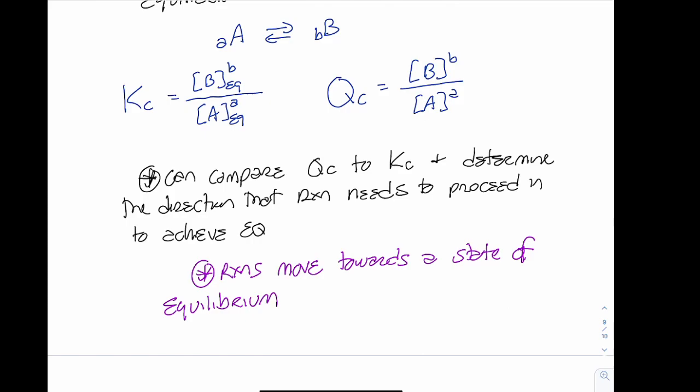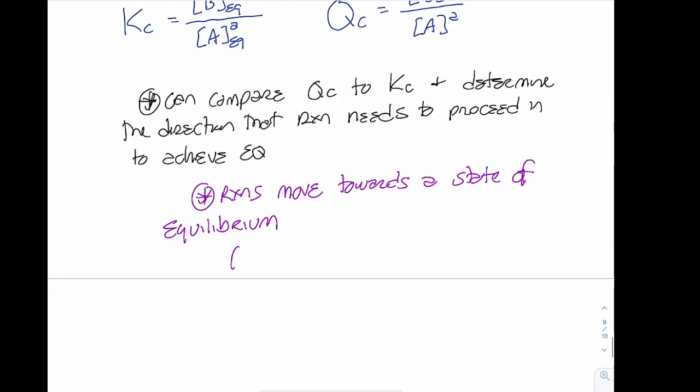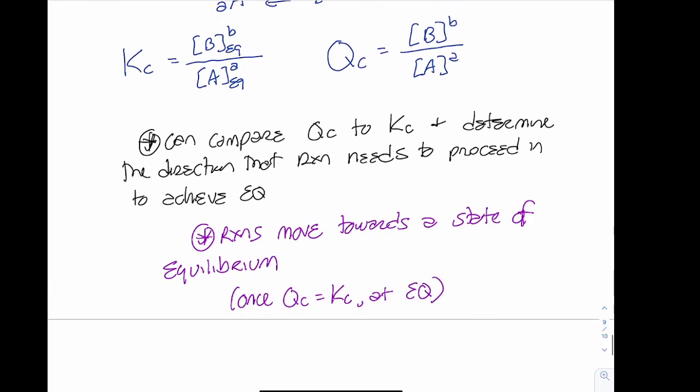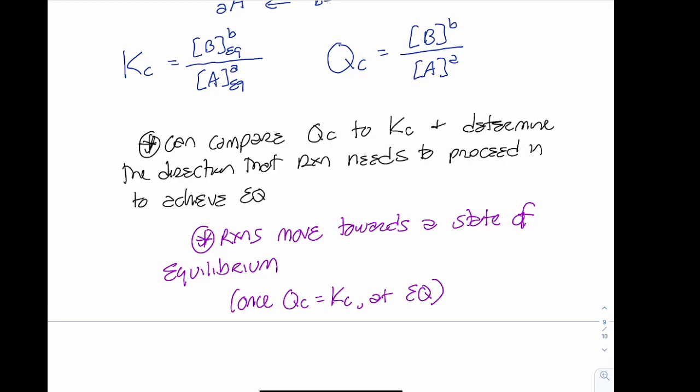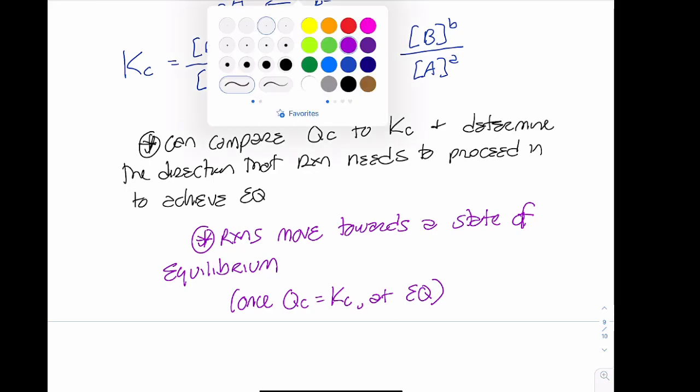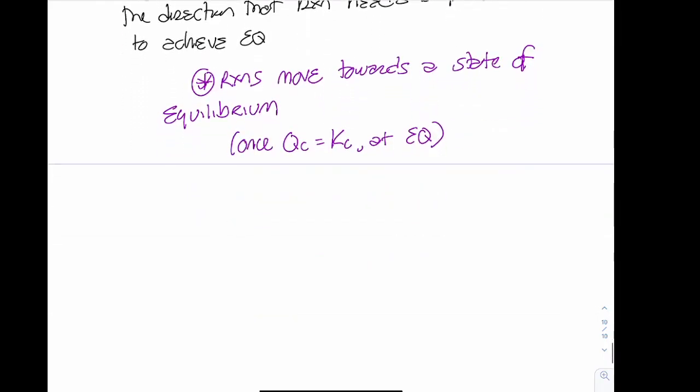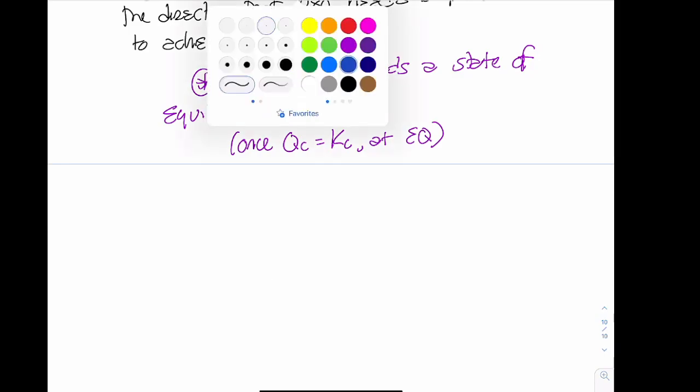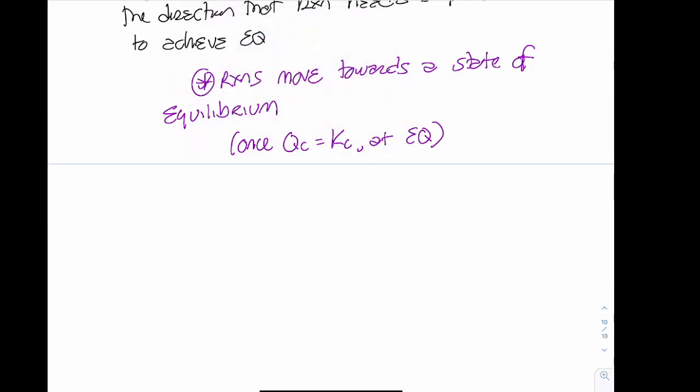So we want to remember reactions move towards a state of equilibrium. Once QC is equal to KC, we are at equilibrium when those values are equal. When they're the same, then I do have equilibrium concentrations plugged into that equation. So kind of our three scenarios,